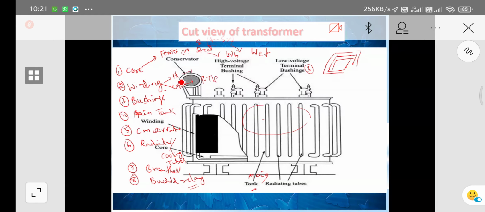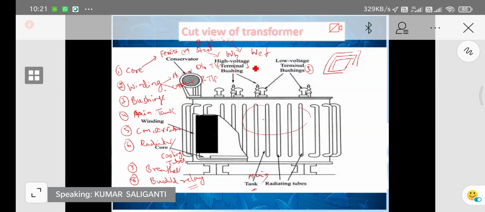That is why the power transformer is always used in transmission lines. Aluminum can be used in distribution transformers. A transformer with a rating of less than 1 MVA, 1 megavolt-ampere, is said to be a distribution transformer. Distribution transformers are mostly used in 33 kV and 22 kV substations.